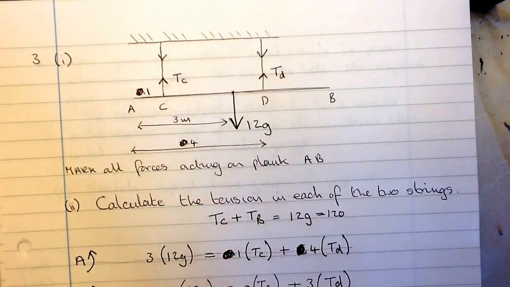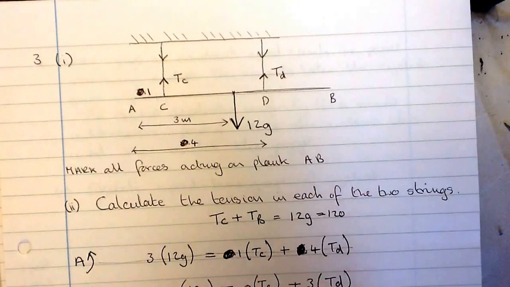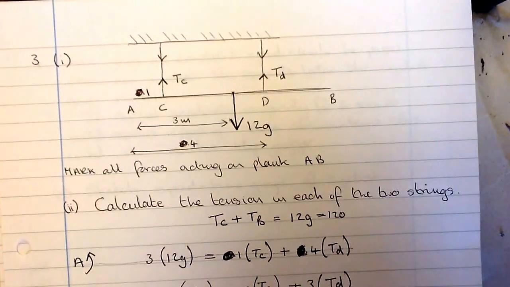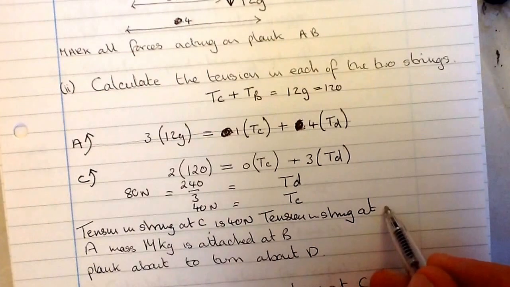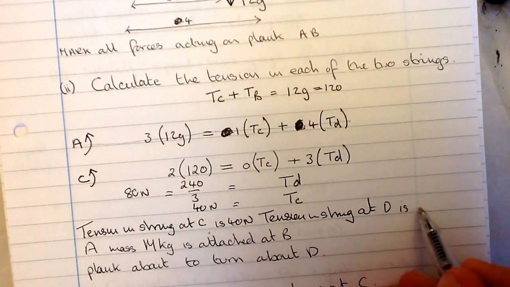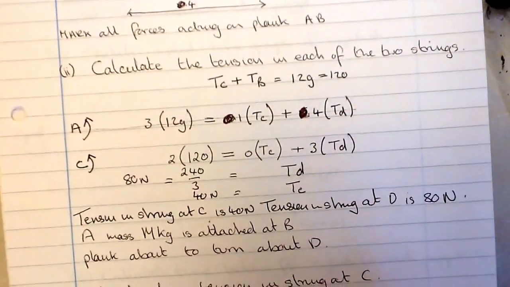So the tension in the string at C is 40 newtons. Tension in the string at D is 80 newtons. Now, next part of the question, we're told